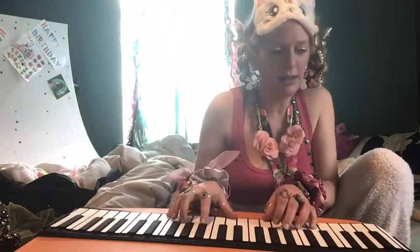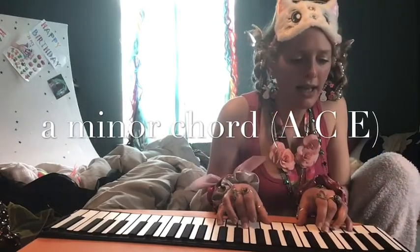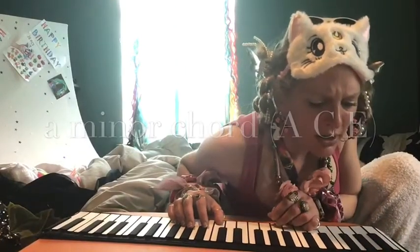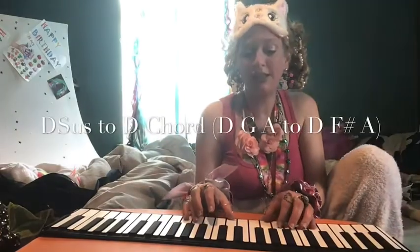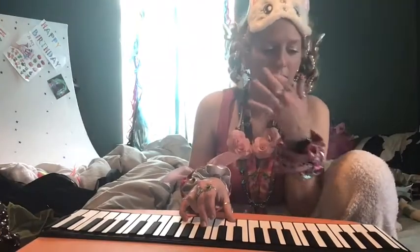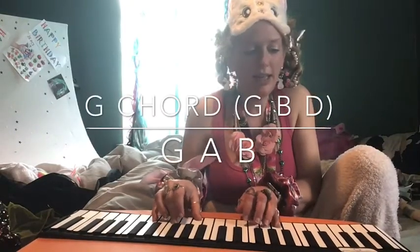So starting on D, O to G, say does that, and to C, star-spangled, A minor, so no C sharp in the middle, just A, C, E, banner yet. And then it goes to, can't hardly read it, D sus to D. Remember that sus, so 1, 4, 5 on D, wave. And those chords go with that stepping up part, so you could even do both of them, like, oh, say